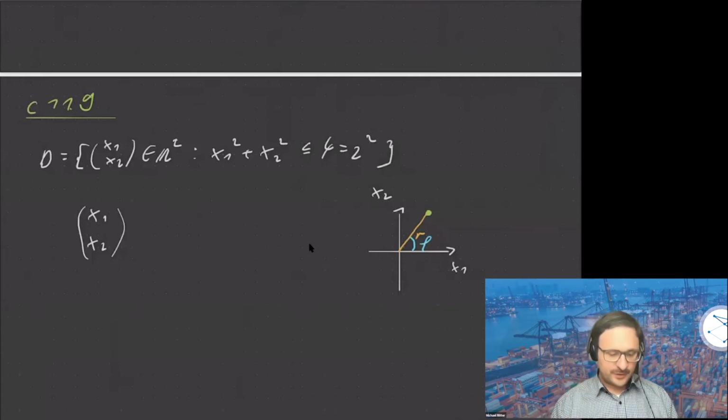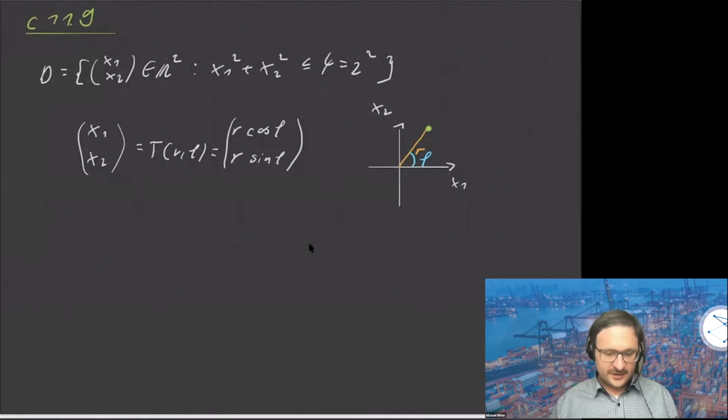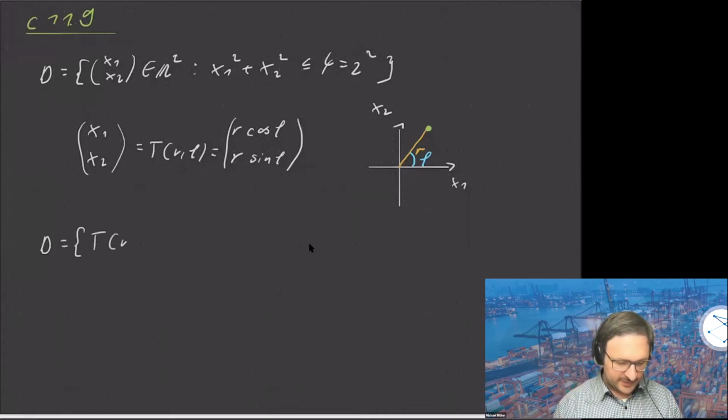We can transform those into Cartesian coordinates by a transformation. We call that T here. And that works by simply taking r times the cosine of phi and r times the sine of phi. And that way you get the Cartesian coordinates that correspond to polar coordinates, radius r and angle phi. Okay, so this way we can describe the set D in a much easier fashion, as D is all T of r and phi,